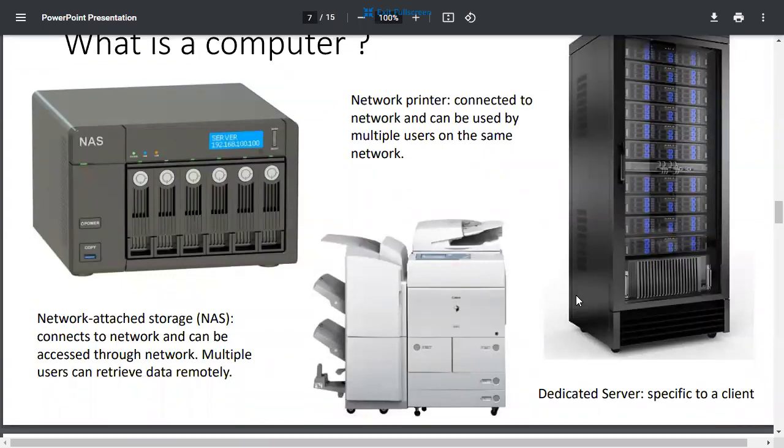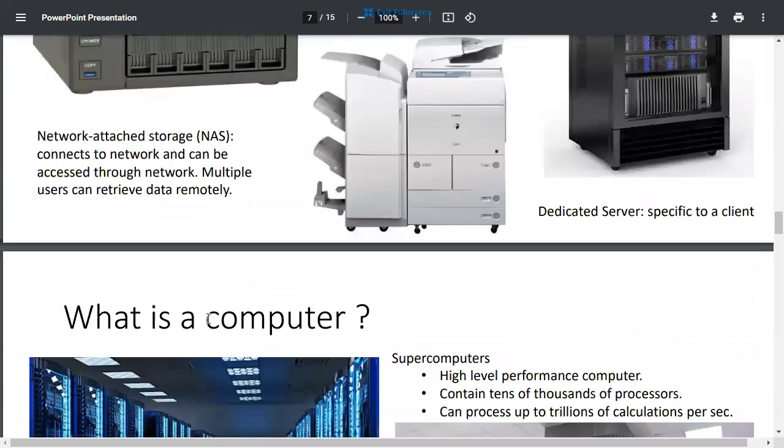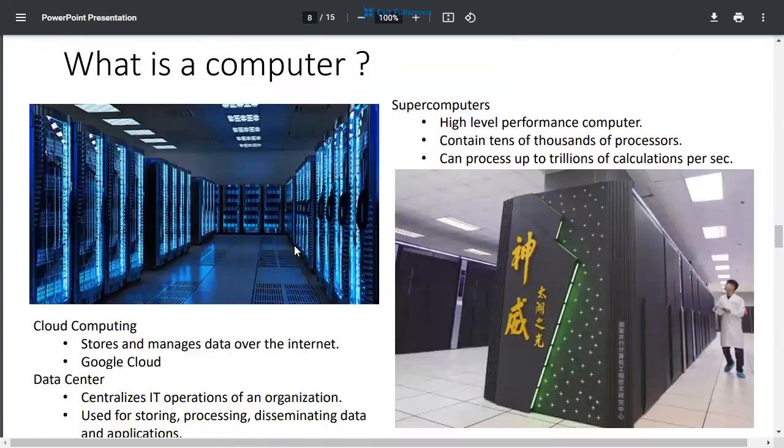Yeah, then these things have computers in them, right? You can give it a program to print different ways, do different things. I'm not sure what this other device is. What's that? A network attached storage device, which is attached to your network and has storage that can be accessed through the network. These are modern computers.